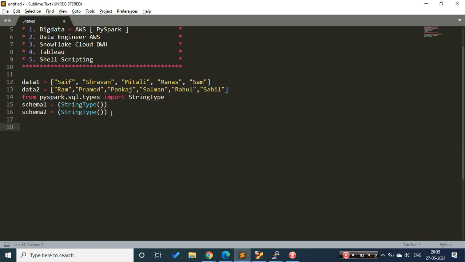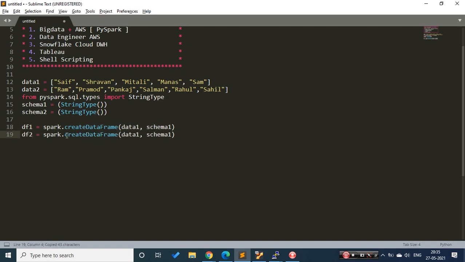Now I need to create a data frame. Let's create the first data frame. The syntax would be spark create data frame, and it needs two things: data and schema. I could have created one schema and referred to it, but just to keep it clean, I created two schemas. Let's change this.